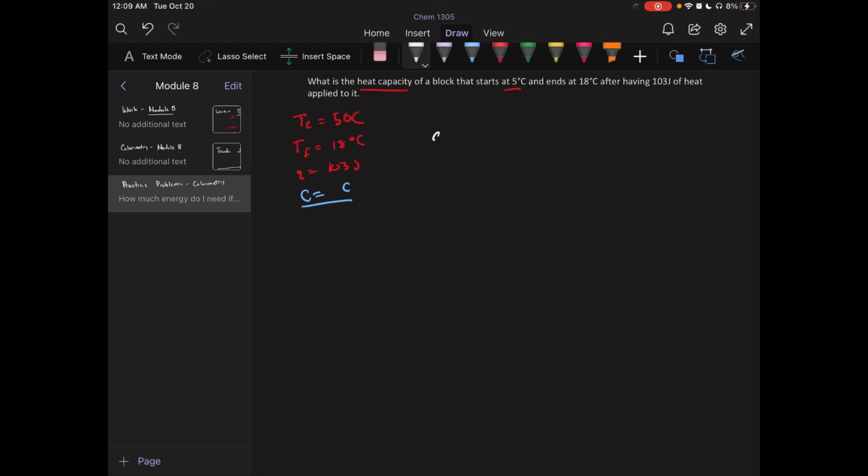And what is our only equation that uses heat capacity? The Q equals C delta T equation. Let's break this down even further. Q is equal to C times temperature final minus temperature initial. All right, and all we need to do is input. So that's 103 is equal to C times temperature final, which is 18, minus 5, which is temperature initial. All I would need to do is divide both sides by 18 minus 5, and then we are looking at